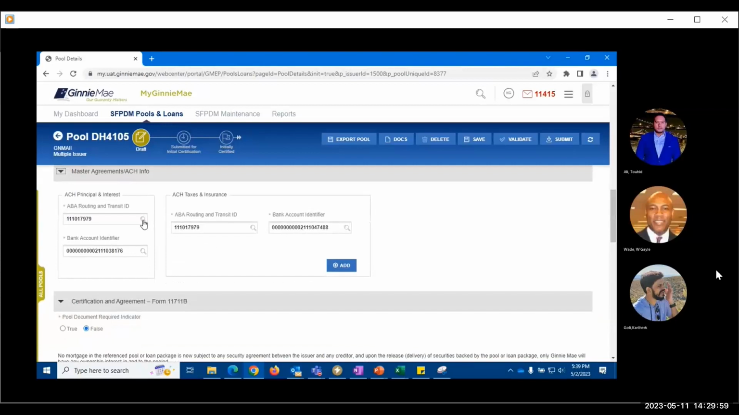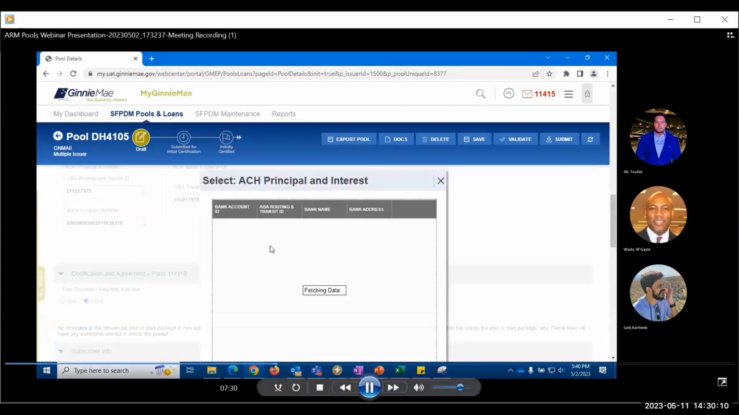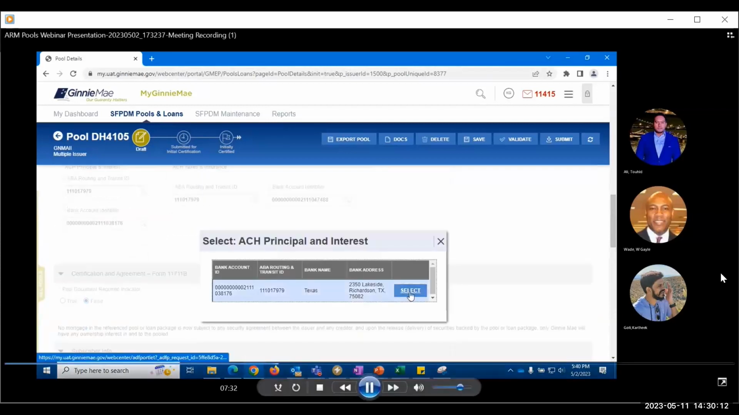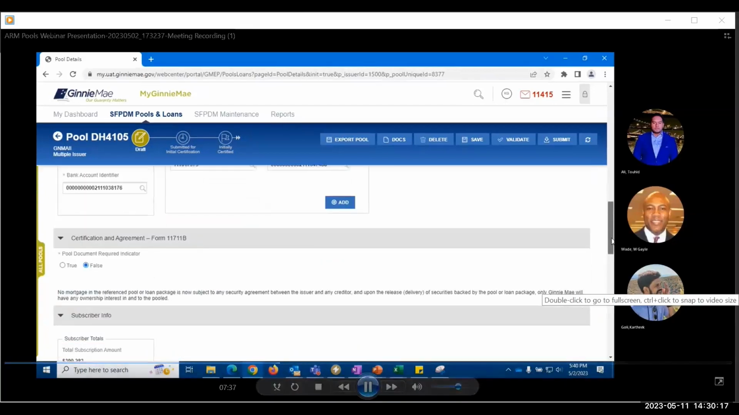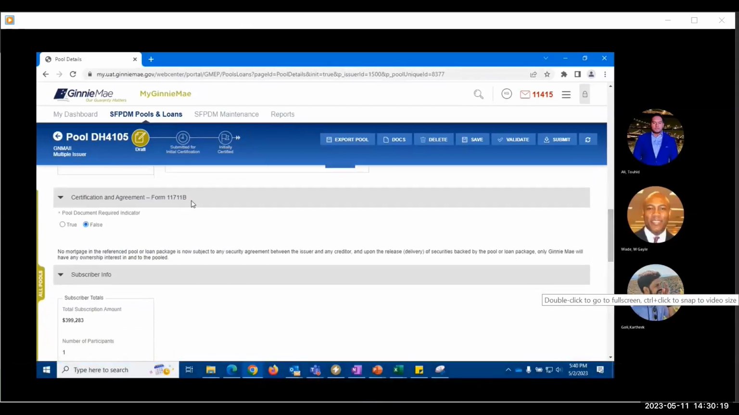Now the master agreement. Master agreement information, that's all the stuff that comes from MAMS. So you can actually select the ones that you're using for that particular pool. If this is the information, then you can move on, but you can select more if you do have more there. And certification and